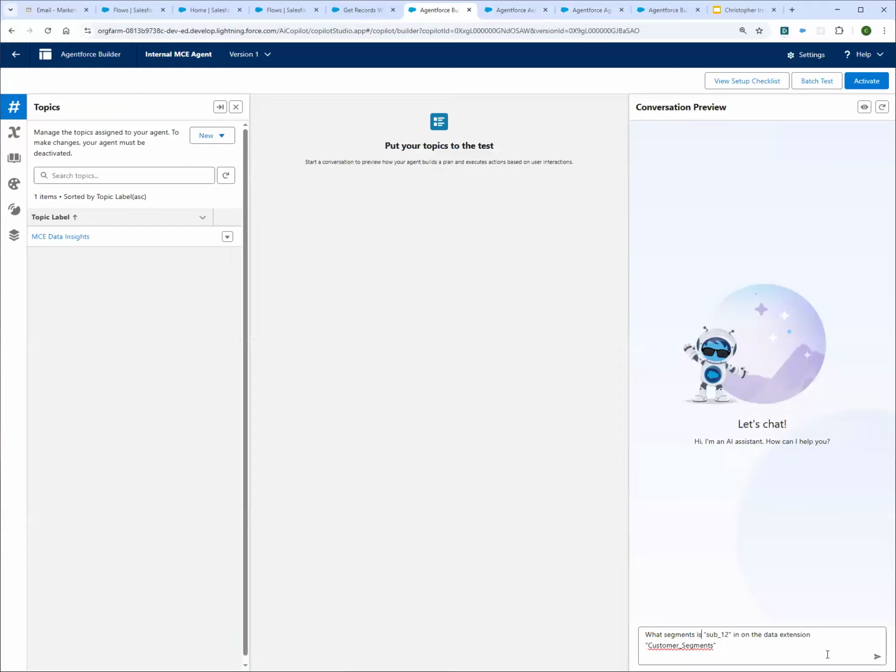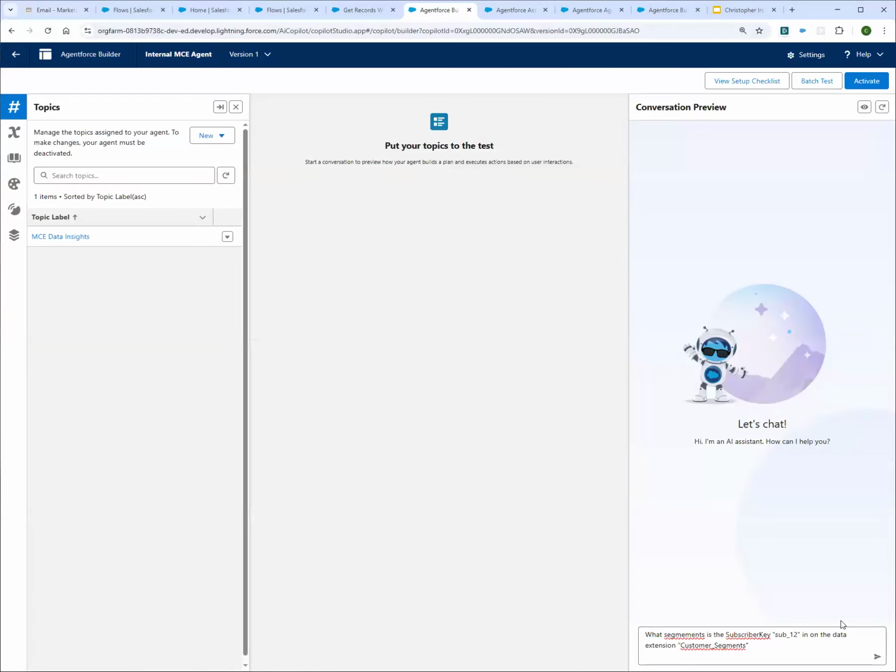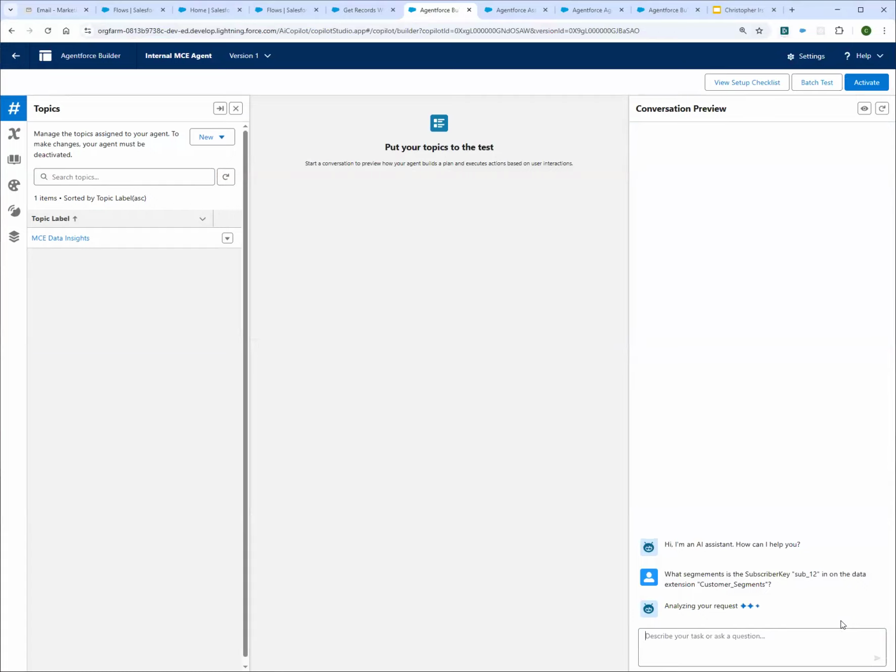And so I'm just going to make this a little bit more straightforward. So 12, just make sure that I don't. Oh, subscriber key. And so I'm not doing the same camel case. We'll just make sure that it should be able to pick that up. Let's see what that does.